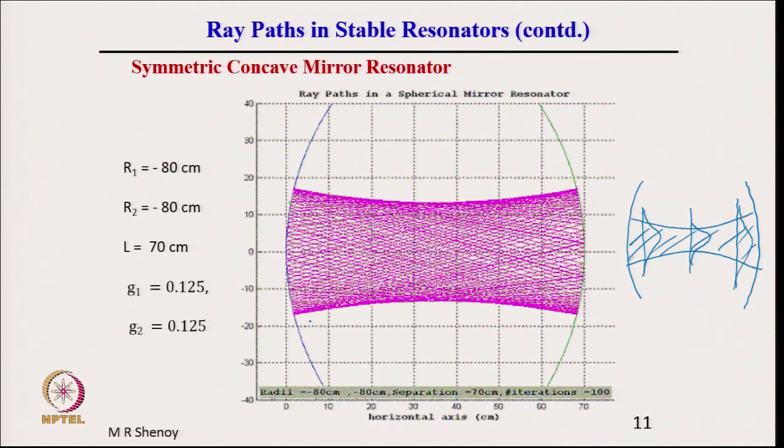But what is important to see is this: there is no beam here, this is just rays, all straight-line paths, which are plotted, but they bunch in such a way that it gives an impression as if there is a beam propagating with a waist here and spreading on both the sides. It simply depends on the number of rays chosen and the angles chosen, but the picture clearly shows confinement of rays equivalent to confinement of beams in optical resonators.